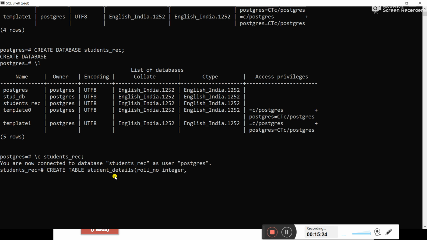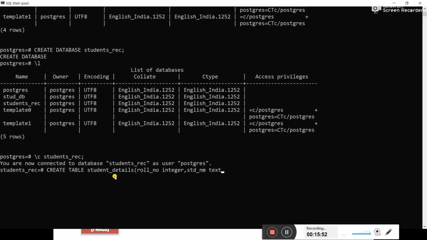Now after this, the second field name is student name. What type of data are you going to store here? We are going to store text type data, right? Alphabets you're going to insert in this, so we set the data type as text.